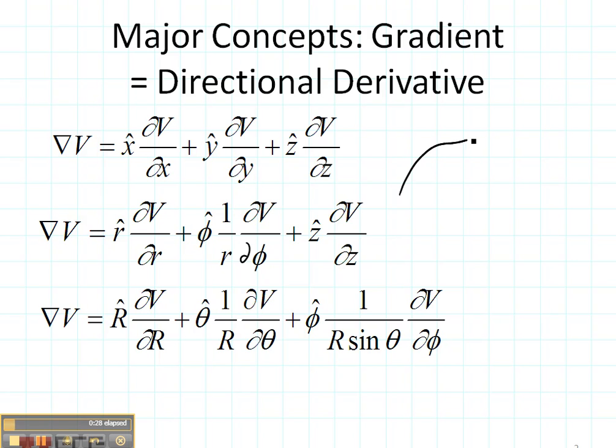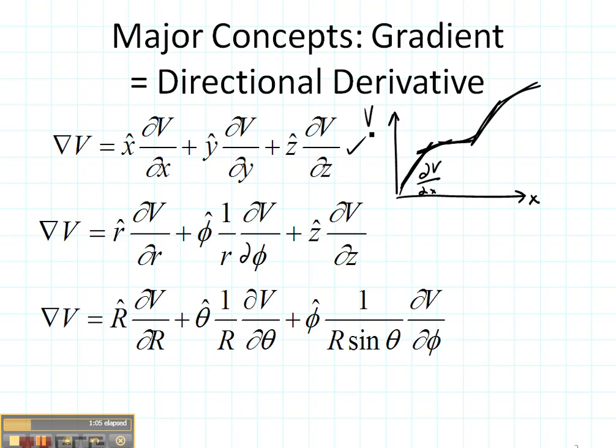If we had a function something like this, and that was our potential function, and let's say that's the potential as a function of x, then we would be able to find the derivative at several of these different points. That's the slope. The derivative of the voltage with respect to x is the gradient in the x direction. Then, if this were a two-dimensional function, we would have variation in the x direction, the y direction, and in 3 dimensions the z direction as well, and the gradient would tell us the slope of the line or the variation in each of those directions separately.